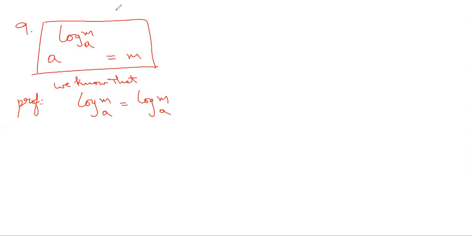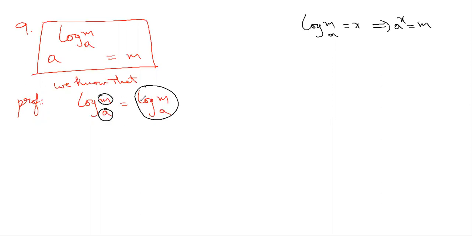Now, what we need to do is we should treat, because you want to convert this into exponential function and treating the a as a base and m as the answer, you treat this full number as some single number, I mean kind of x. So log m base a equal to x should be converted into exponential, means what you do, a power x is equal to m.